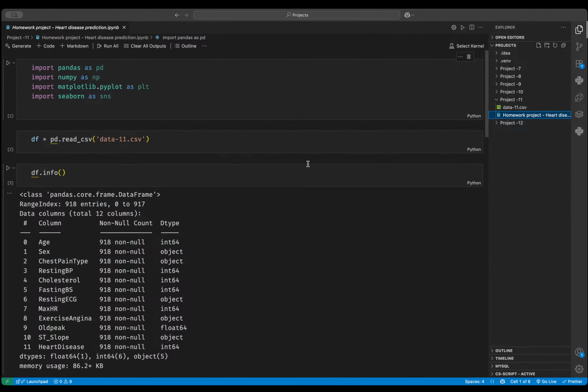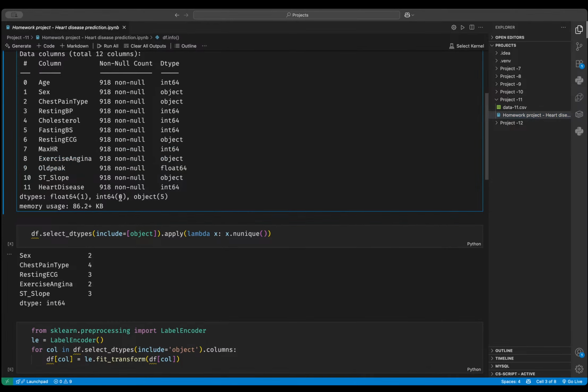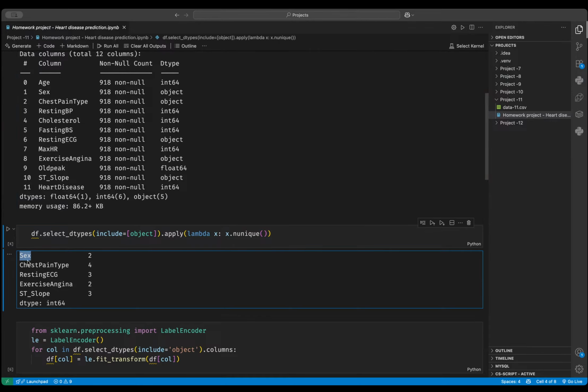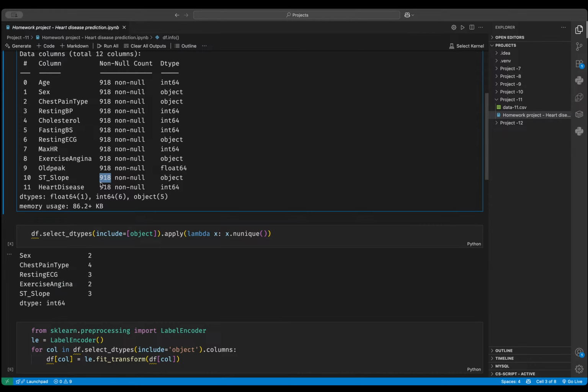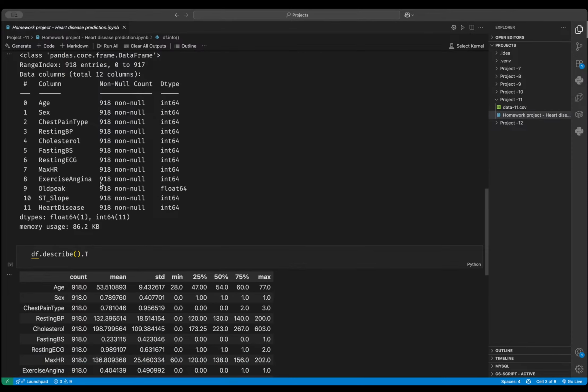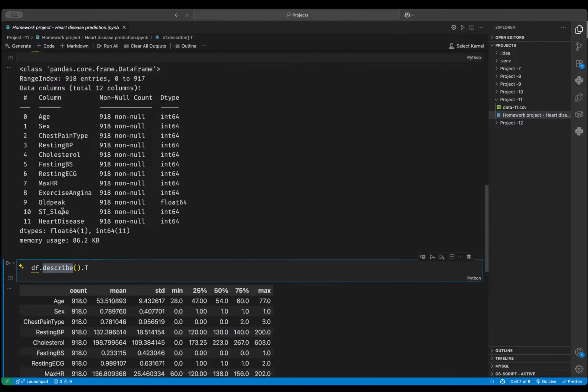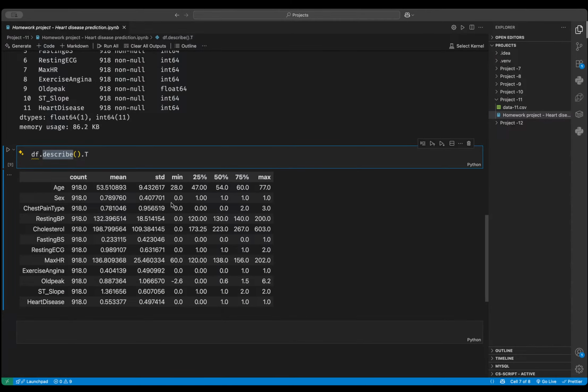Let's come back to this. I called this. There are no null values. 5 object categories: gender, sex, chest pain type, resting ECG. How many? 918. Okay, now I got it. Okay, this one data set. Guys, I'll tell you one thing. Come to the describe section over here. If you can see,